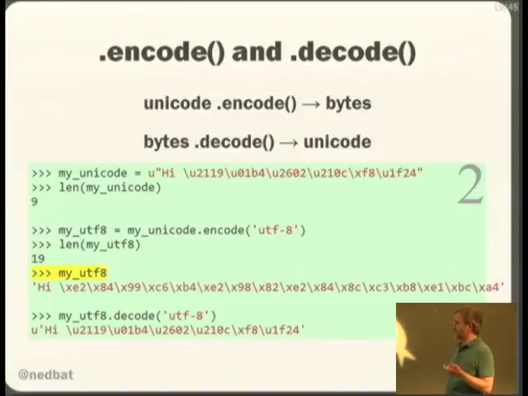When I look at it, I see all the bytes, and they're represented with the \x, which is the byte hexadecimal escape. I can then decode that back from UTF-8 into Unicode and get my Unicode string back. Okay? This is fundamental. Back when you were playing whack-a-mole and just throwing in unicodes, encodes, and decodes, what you were doing was converting Unicode's code points into bytes and back again. But you were probably doing it wrong. So you just need to keep it straight and do it right.